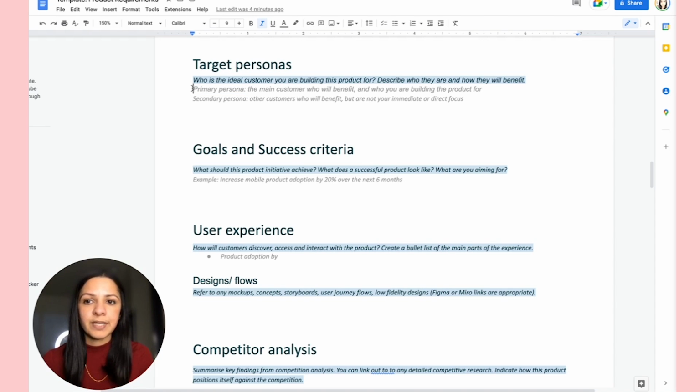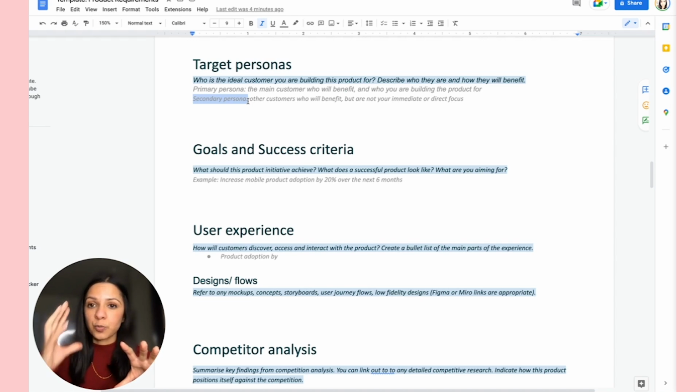So think about that. But as you think about what your primary persona wants, don't forget about secondary personas. Your primary customer might actually interact with other people, and they might not be in your product as much as your primary person, but maybe they are across aspects of it, or maybe they have to work with your primary persona in order to complete a given task. So don't discount secondary personas. Make sure you still think about them and make sure you document them, but they are not your immediate or direct focus for who this product is being built for, and the experience that it caters for should be for